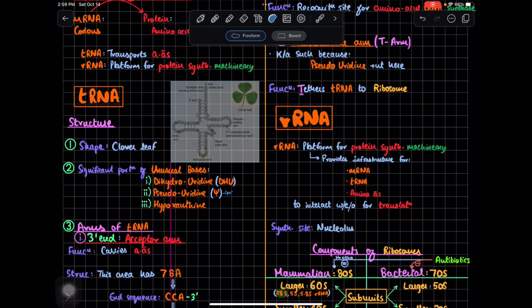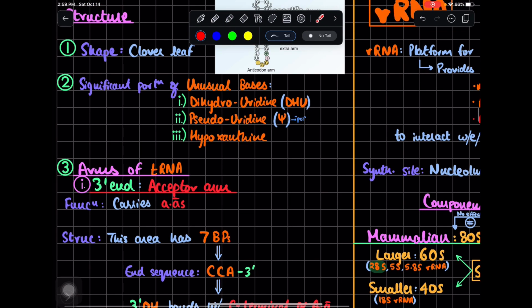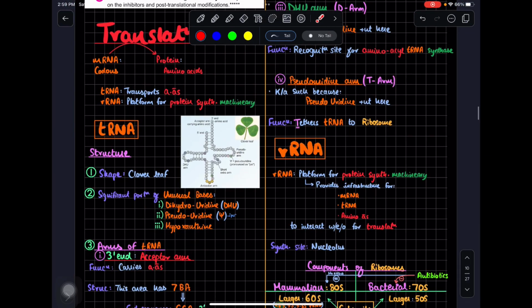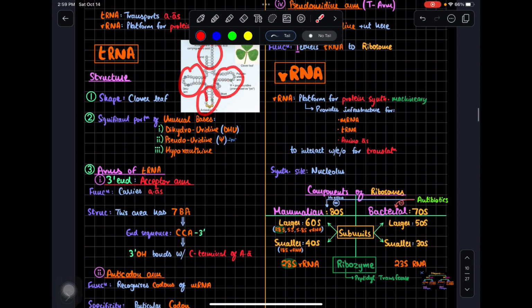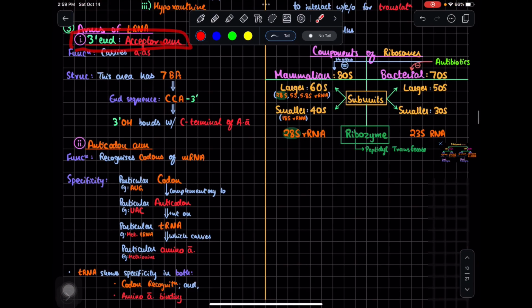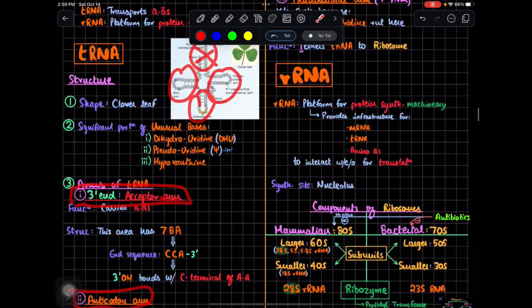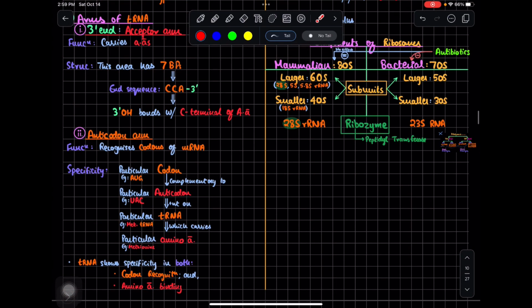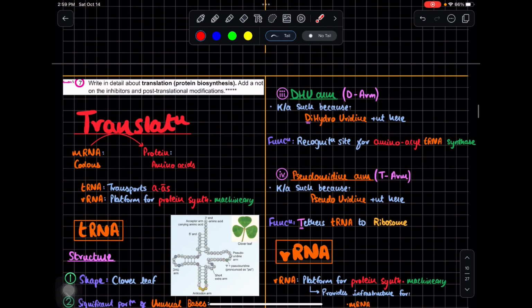Now we go on to arms. There are a total of 4 arms: 1, 2, 3, 4. This is not in order. At the 3' end, you have the acceptor arm, that is this one. Then you have the second arm, which is the anticodon arm, that's this one. And now you go on to the DHU arm,